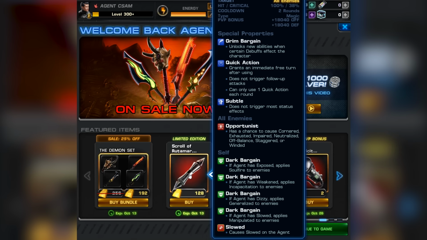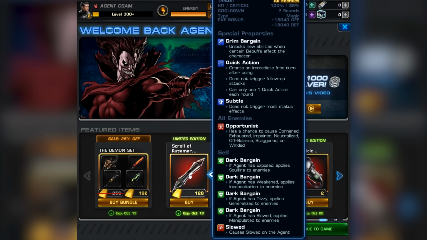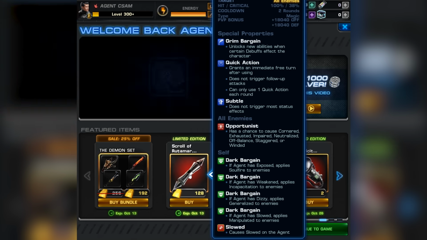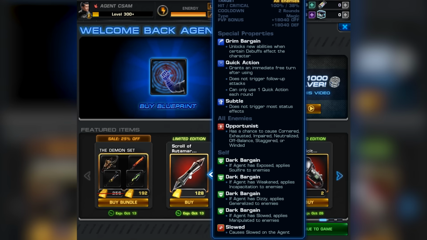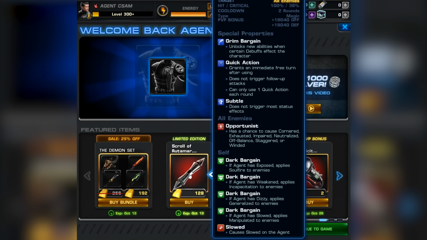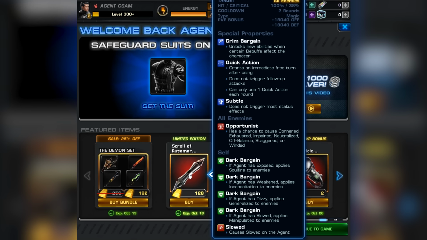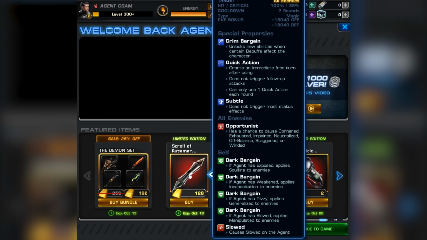Incapacitation, which is like a chance to stun. Generalized to all enemies, and the main thing here is manipulated. And what's manipulated? I never heard of that. Well, you have. If you fight against Pestilence Beast, you know you can't remove the debuffs. So that's the same thing this scroll does. Your enemies just can't remove debuffs anymore, and because it applies slowed on your agent, you got it from the